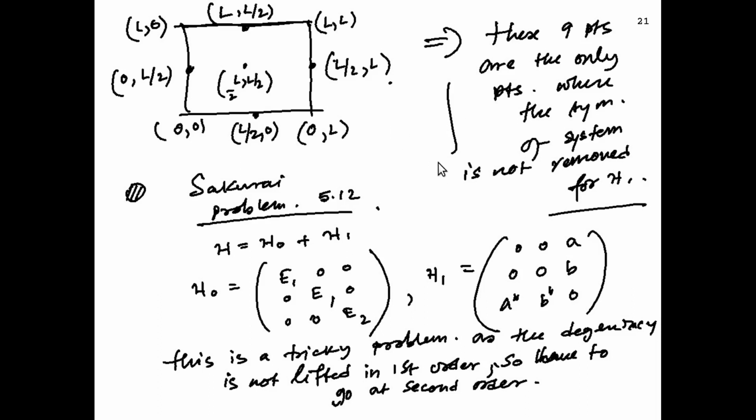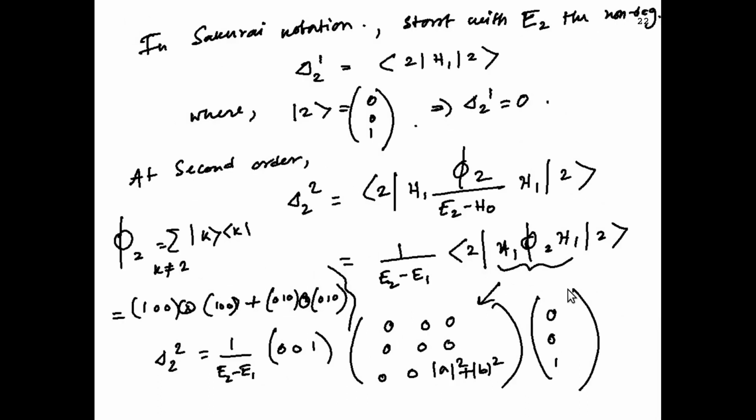Now I will go to another problem. I will discuss another problem in Sakurai, which is a little twisty, because in this problem also the first order perturbation theory does not lift the degeneracy, but you can go to the second order perturbation theory to lift the degeneracy. So, here is the problem. There is an H naught which has a degeneracy in the ground state, E1, or some state, not necessarily the ground state, and E2, and there are 3 states, and then you add a Hermitian perturbation, which is of this form. So, what are the energy and state corrections, first order and second order, of this problem?